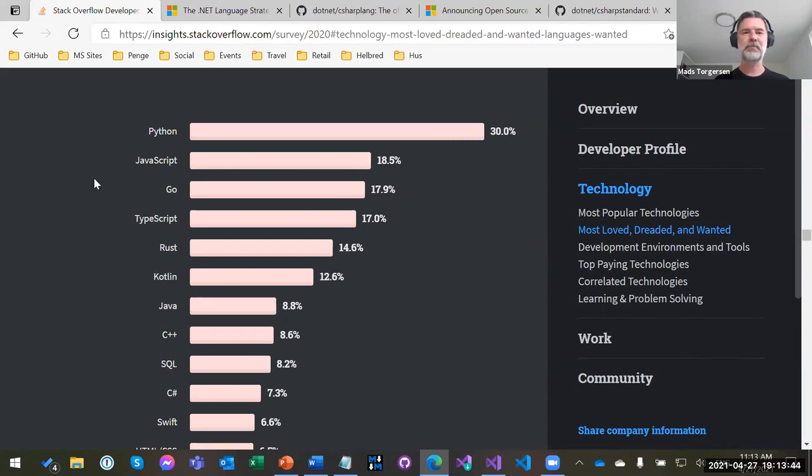The creator of Python just joined Microsoft, and I'm meeting with him every 3 weeks. Guido, who only goes by his first name, Guido and Russell. So we have a whole little language cabal at Microsoft. We have Anders with TypeScript and Herb Sutter with C++ and so on. All those languages are represented here. C# just squeaks in at number 10 here.